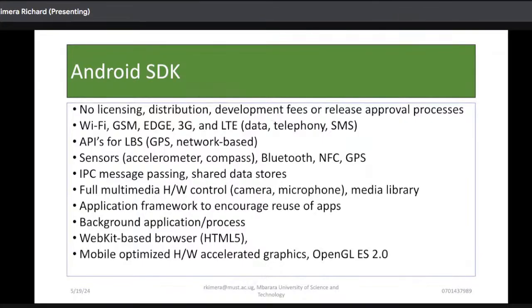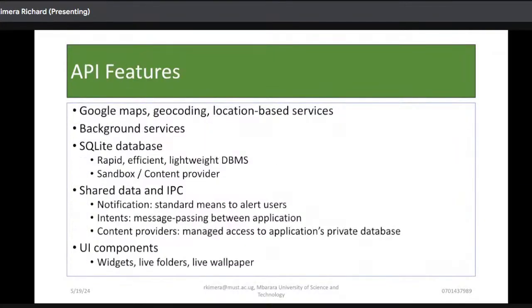Background applications, we talked about that. Then mobile optimized hardware, accelerated graphics, and OpenGL ES and the like. These are to do with computer vision or graphics processing. Then for the API features,